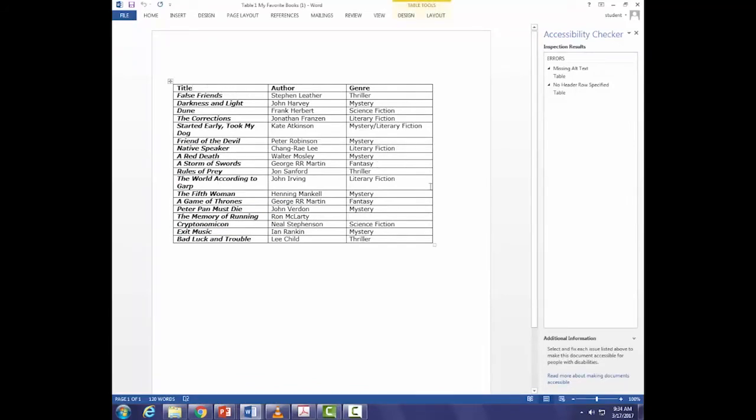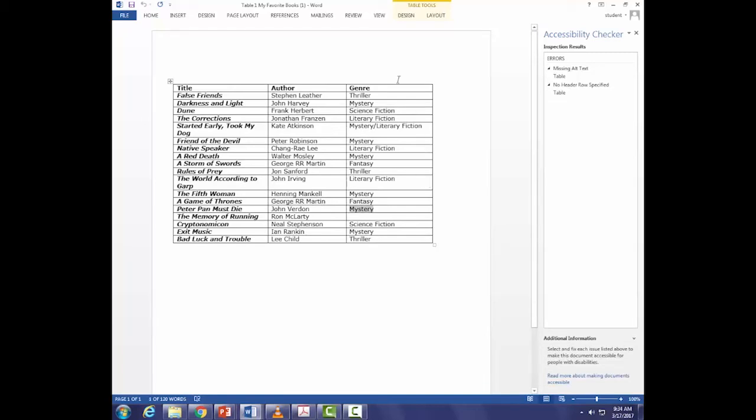Now, I said we're going to talk about a quick accessibility test we can do for tables. Tables are very simple. We're going to do a tab test. They're going to read from left to right, top to bottom. So I'm just going to tab through. This is just a quick accessibility check I can do. I don't even have to go through all of it.